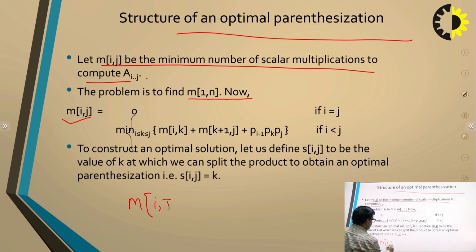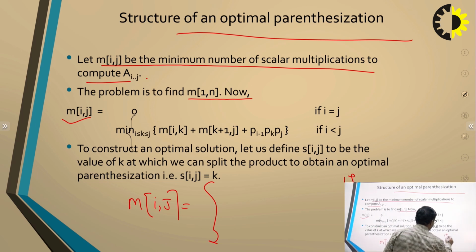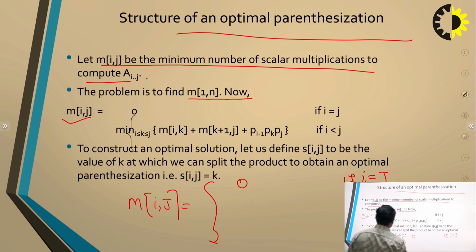Mi comma j, if i is equal to j, row is equal to column, they have the same value, then we will get the 0 result. And if i is less than j, then what will happen? Then